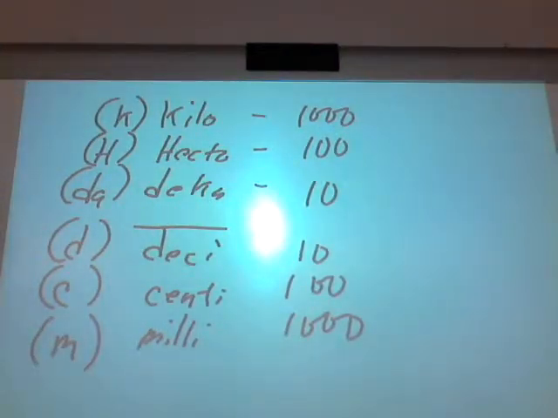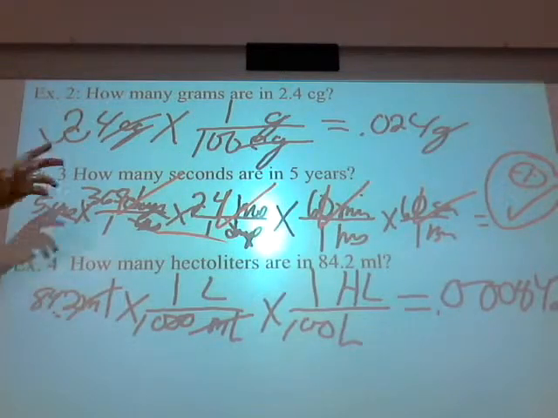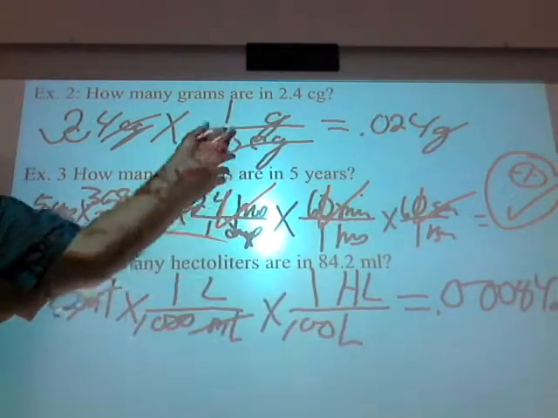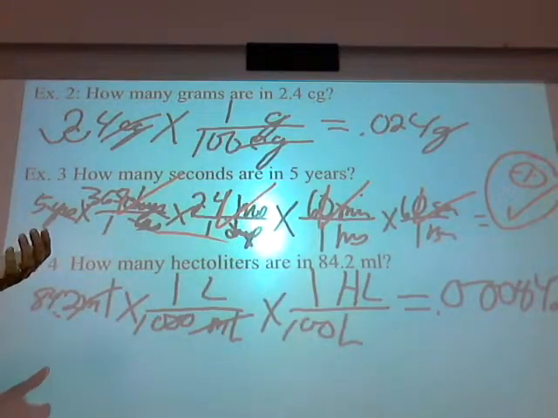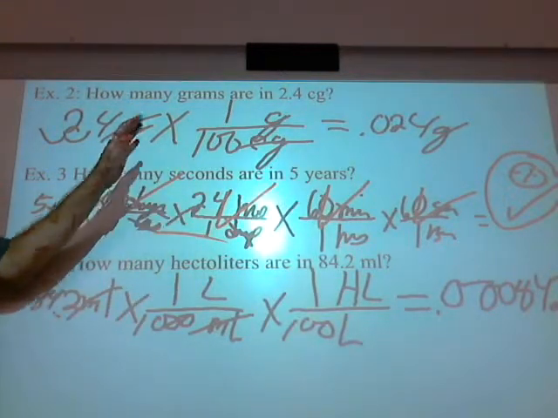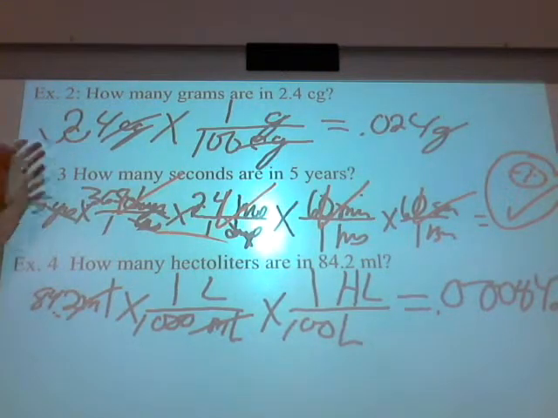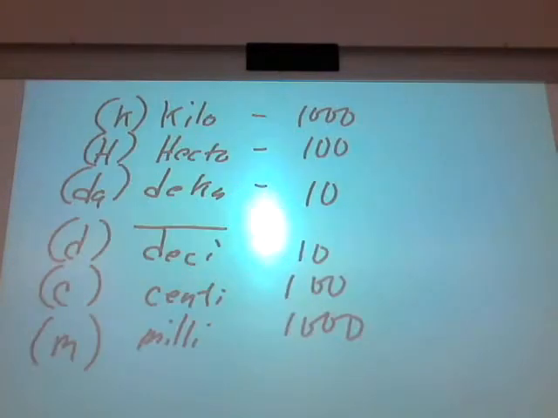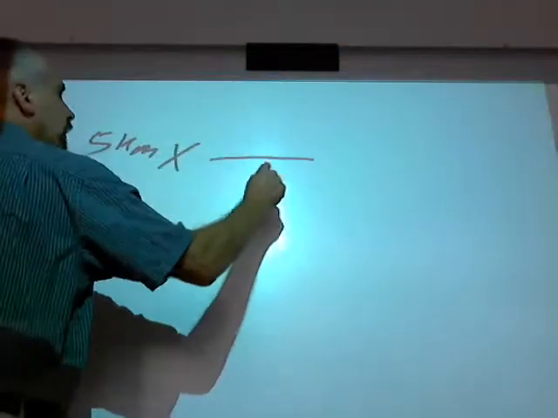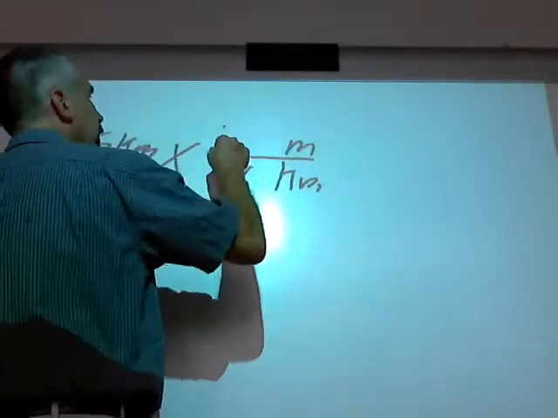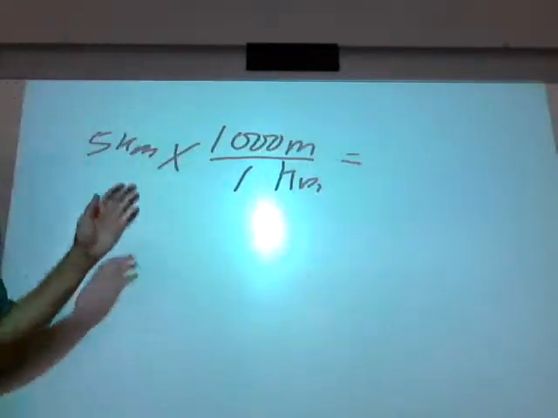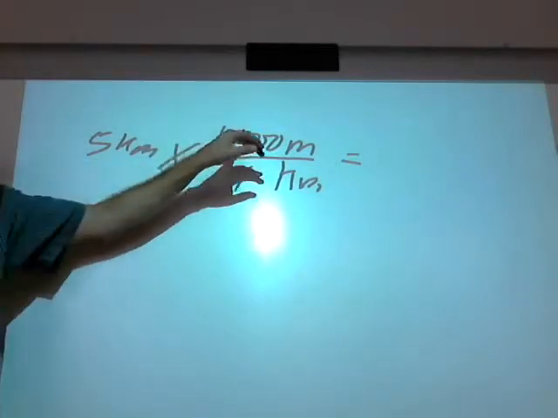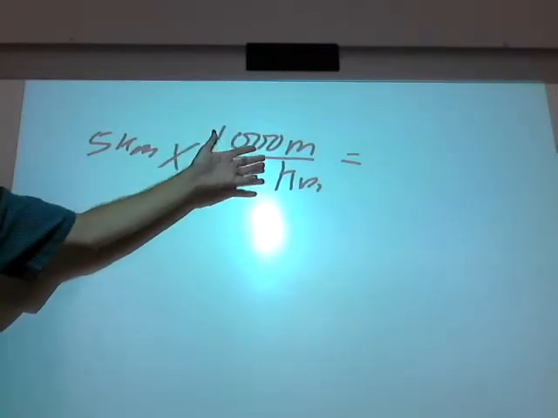All right? Now let's go back a second. One more time before I finish up here. Notice I never used anything but either a 10 or 100 or 1,000. Okay? The question is whether it's on the bottom or if it's on the top. I already erased that on the board. But remember the other one I did from kilometers to meters looked like this. Watch. It was 5 kilometers. Don't have to write it down. You already have it. Meters on the top. 1 kilometer contains 1,000 meters. So you're never going to use anything but 1,000 or 10 or 100. It's just a question of where you put it.